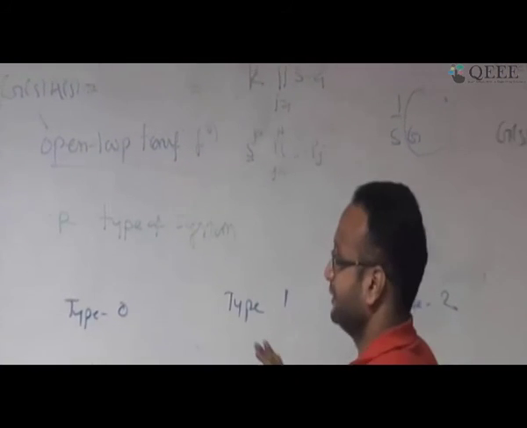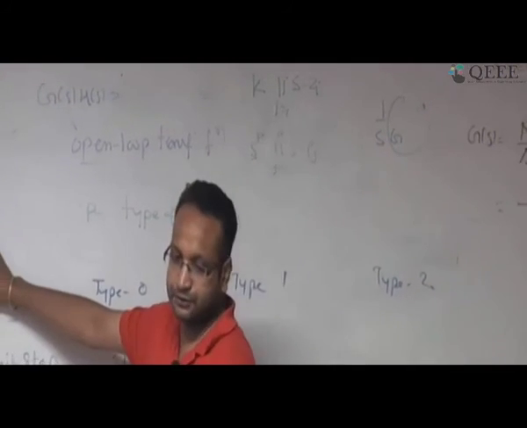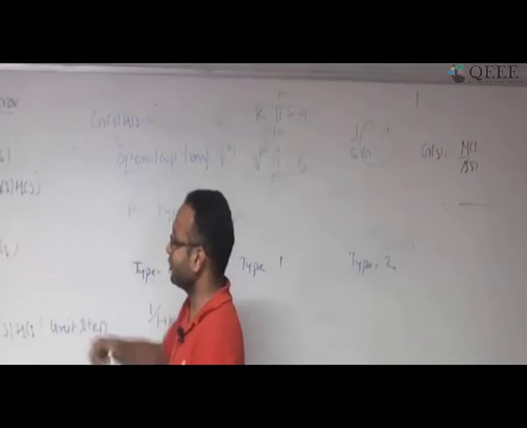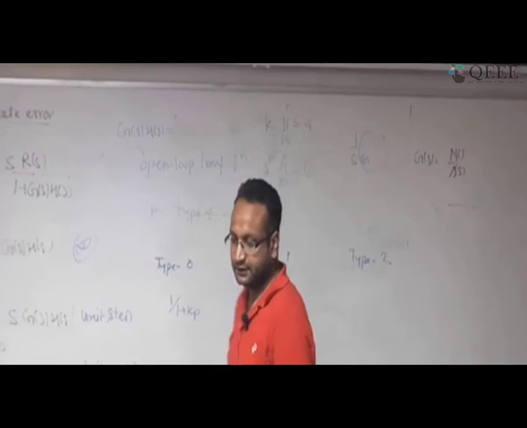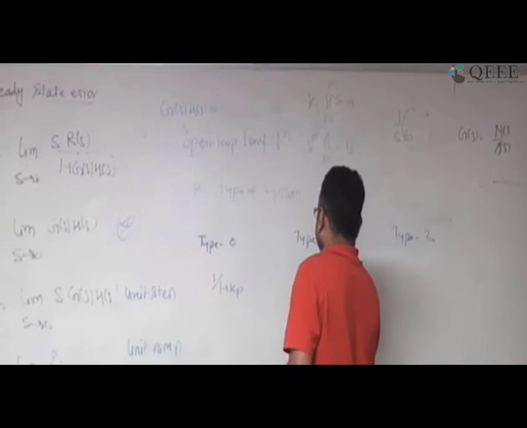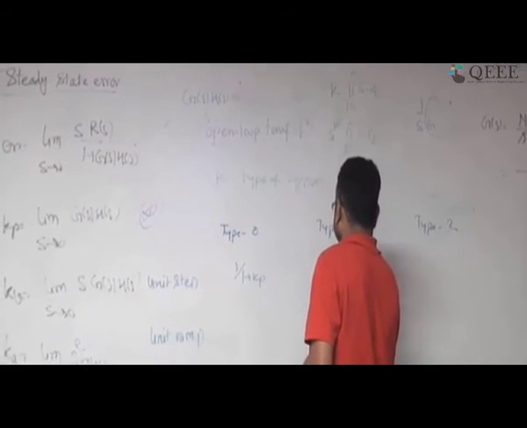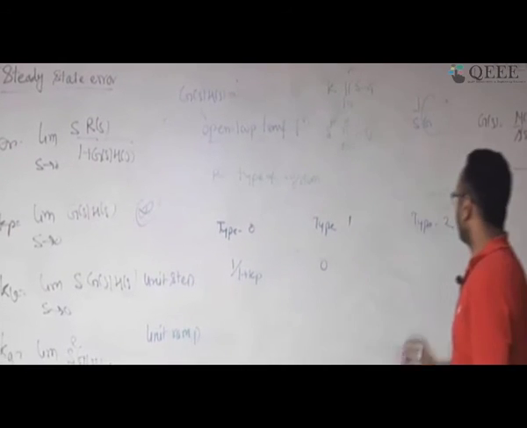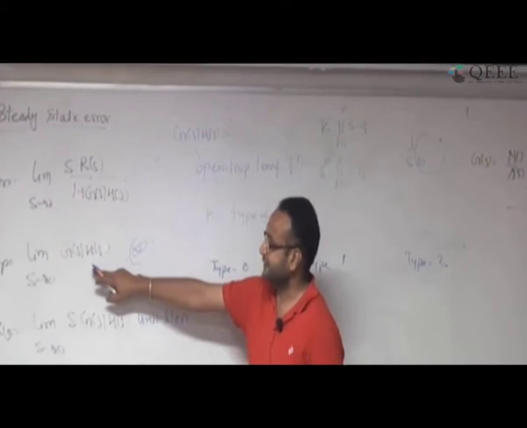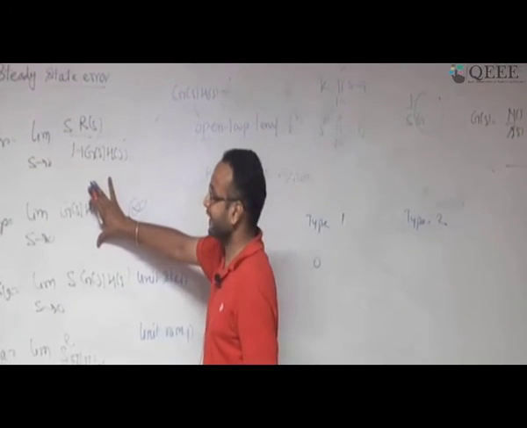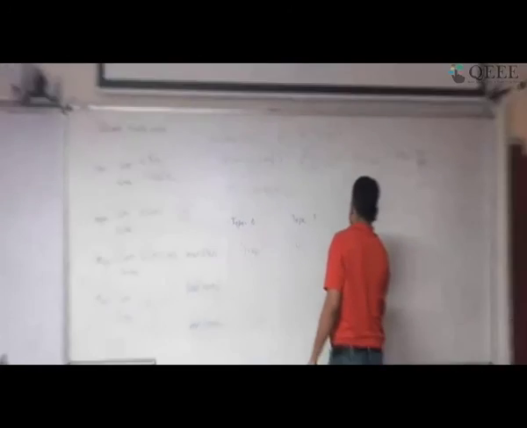Okay. Sorry, Kp is going to be infinite. Okay. So, in this case, the 1 by infinite error is going to be 0. Now, if type 2 system, again this term is equal to 1 by S square, S tend to 0, this Kp is going to be infinite, 1 by infinite is going to be 0.